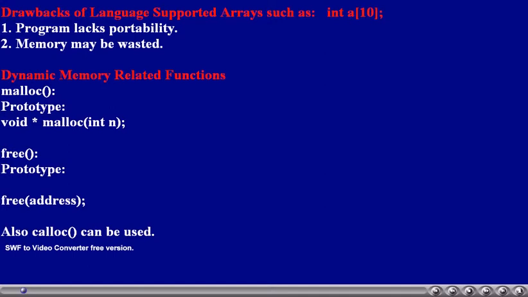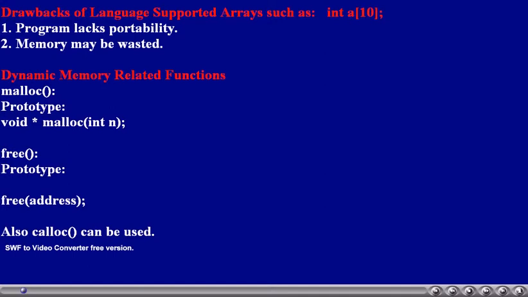Thus, dynamic array management is supported in the C language, so that the user, while the program is running, can create an array of required size. Thus, neither does the program lack flexibility nor does it waste memory.